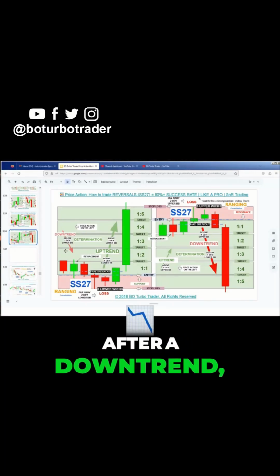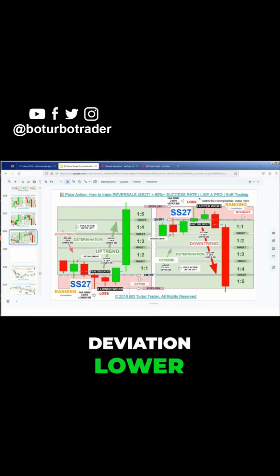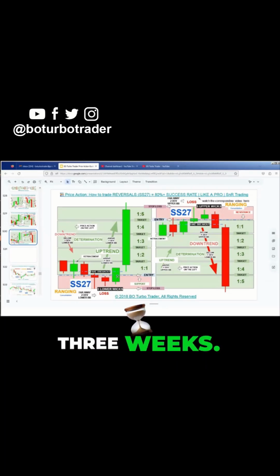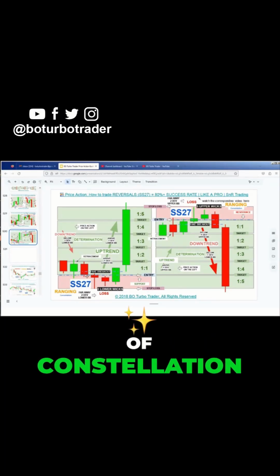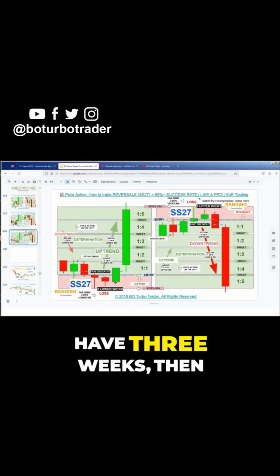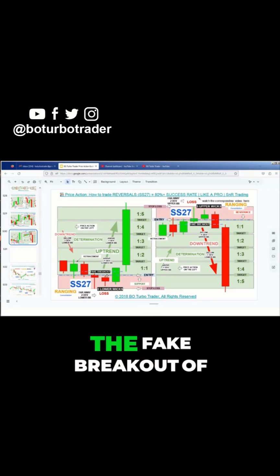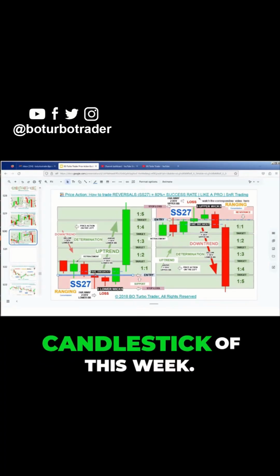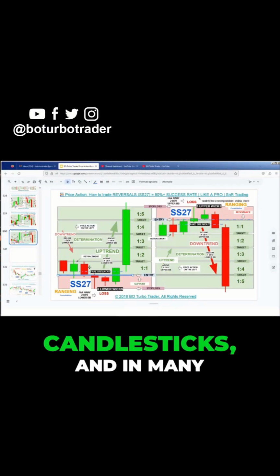After a downtrend, yes, you get far away from the 2 deviation lower Bollinger Band. Then you have this kind of 3 wicks. Yes, and these 3 wicks are showing you buying pressure. And when you have this kind of constellation where you have 3 wicks, then you can go into the trade after the fake breakout of the first candlestick of this 3 wicks, yes, because 3 wicks means 3 candlesticks, and